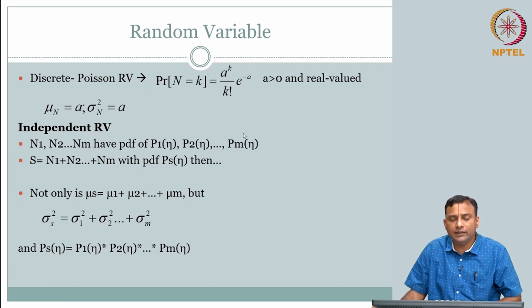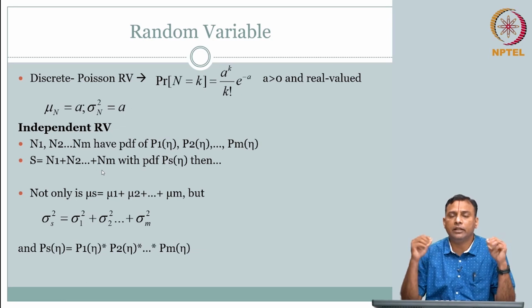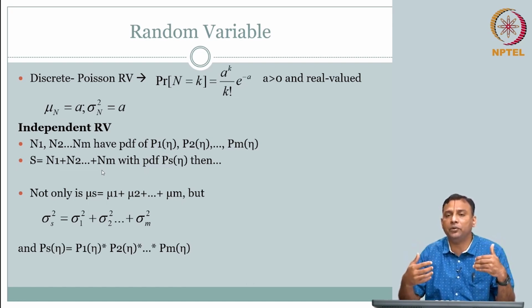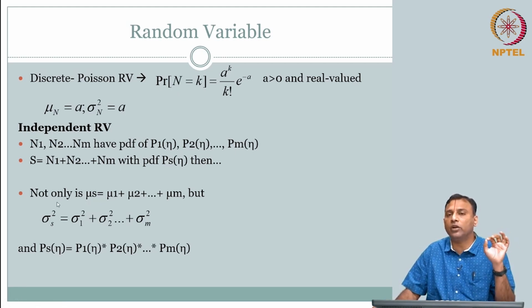What is of interest is the sum of all. So you could have noise coming from different subsystems, for example, different sources. We are not really bothered about that. We are interested in saying, oh, the end image quality is affected. Our objective is to reduce that noise, understand that noise, characterize that noise, and try to reduce that noise. So if we have multiple sources that are contributing multiple random variables, then we are still effectively looking at a